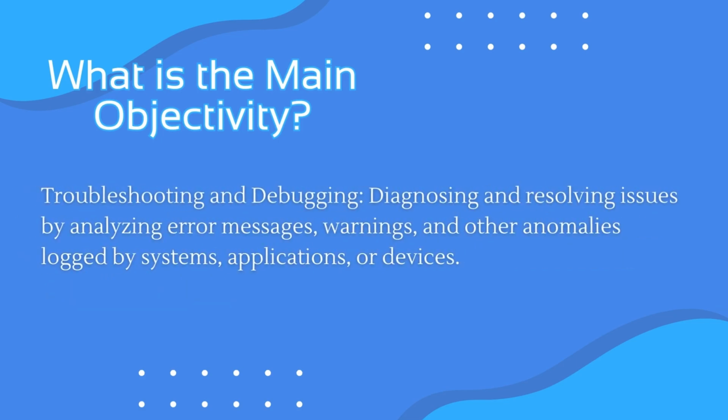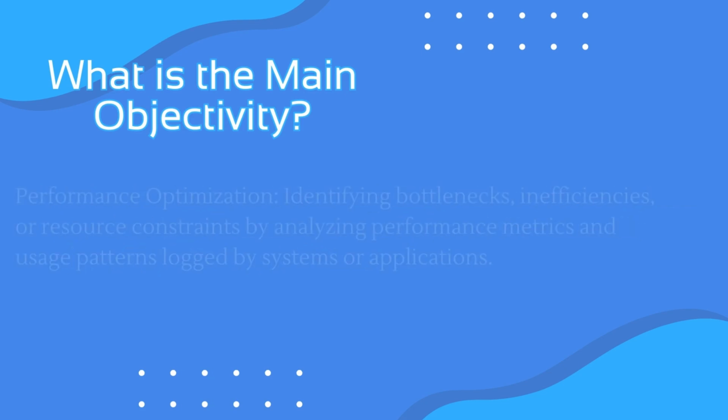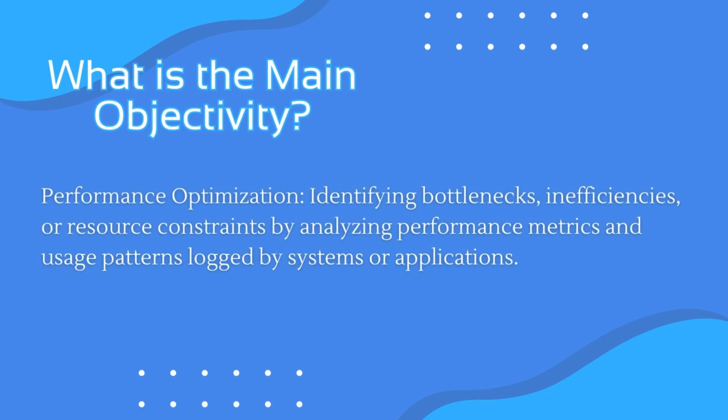2. Troubleshooting and debugging. It involves diagnosing and resolving issues by analyzing error messages, warnings, and other anomalies logged by systems, applications, or devices. 3. Performance optimization. It involves identifying bottlenecks, inefficiencies, or resource constraints by analyzing performance metrics and usage patterns logged by systems